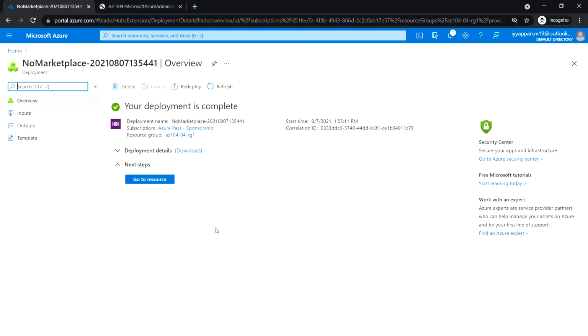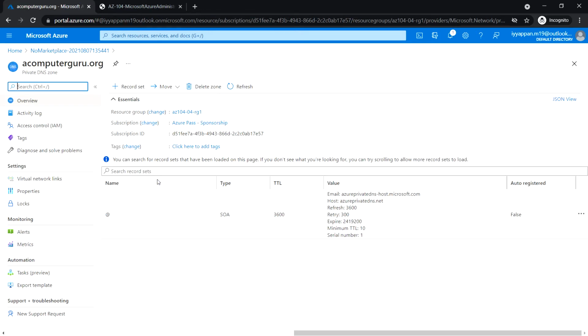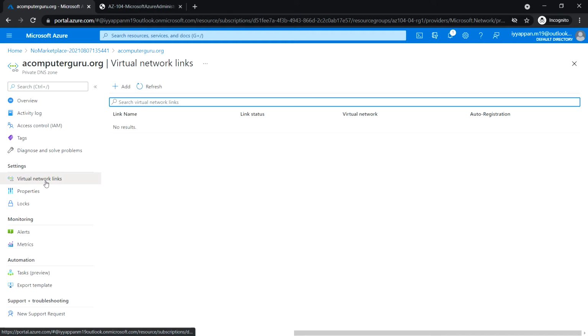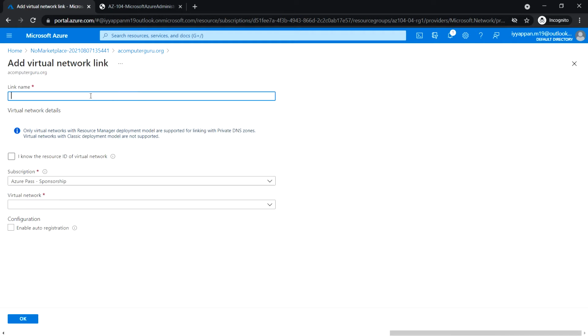Okay, the private DNS zone has been created. Click on Go to Resource. So under Settings section, click on Virtual Network Links. Click on Add. Provide the link name as AZ-104-04-VNet1 link